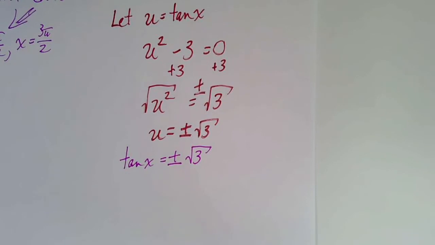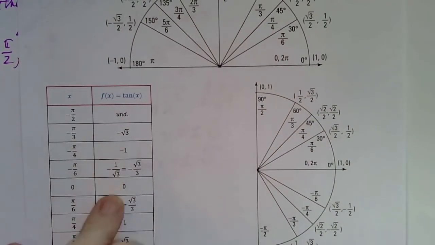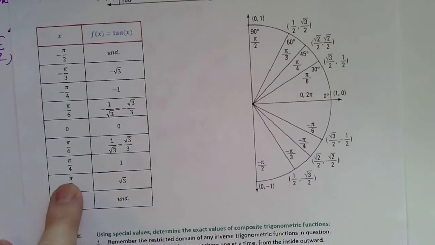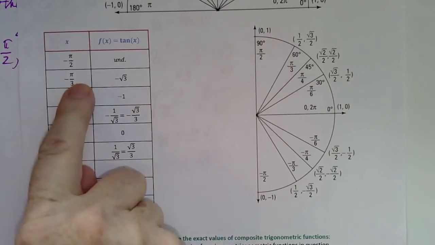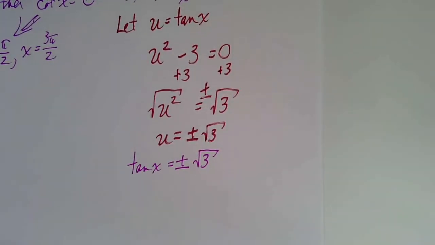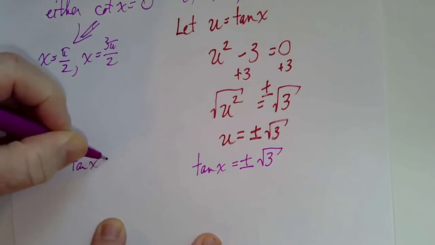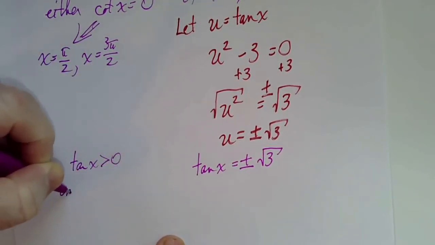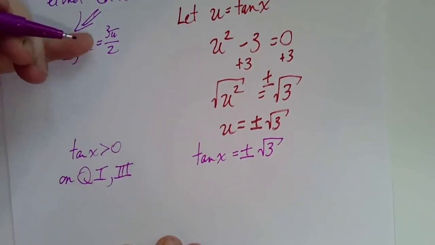Well, where is the tangent positive square root of 3? Let's see. The tangent is positive square root of 3 at pi over 3, and it is negative square root of 3 at negative pi over 3, or at 2 pi over 3. So let's see. Tangent is positive in quadrants 1 and 3. So